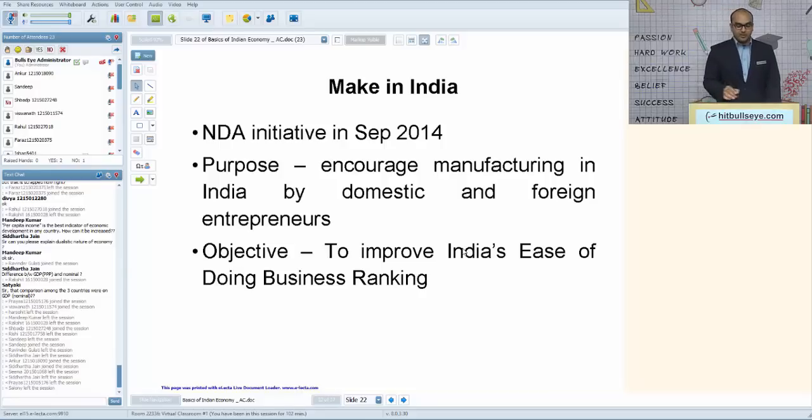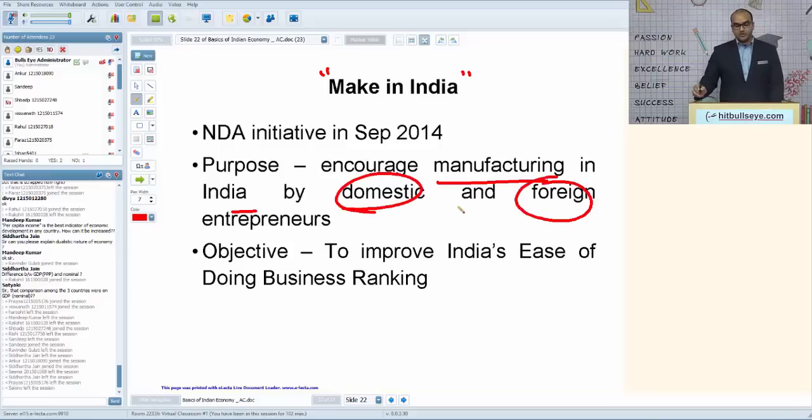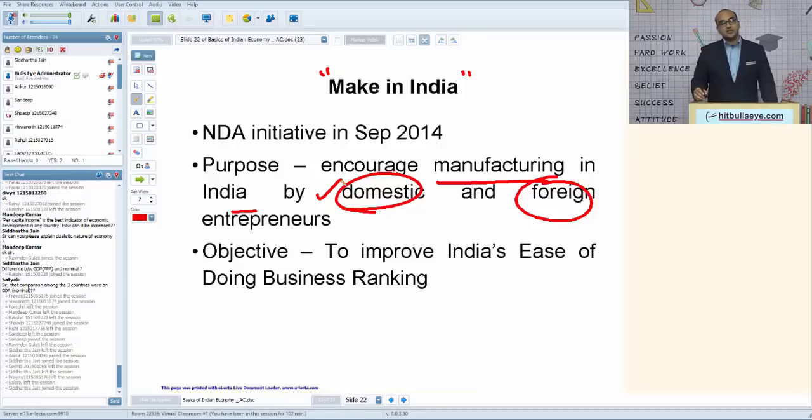The next very important initiative or campaign that the government of India has launched is Make in India. Its objective is to encourage manufacturing in India by domestic as well as foreign entrepreneurs. So we are looking for FDI to come into our country, people setting up shop, setting up factories and producing goods in the country, as well as encouraging domestic entrepreneurs to set up factories and create